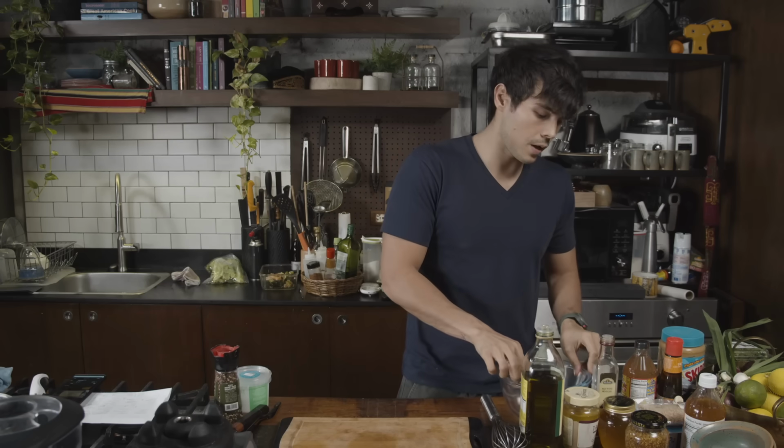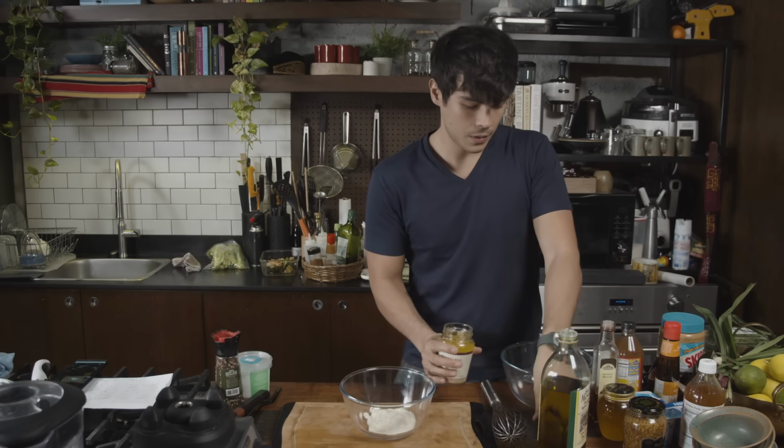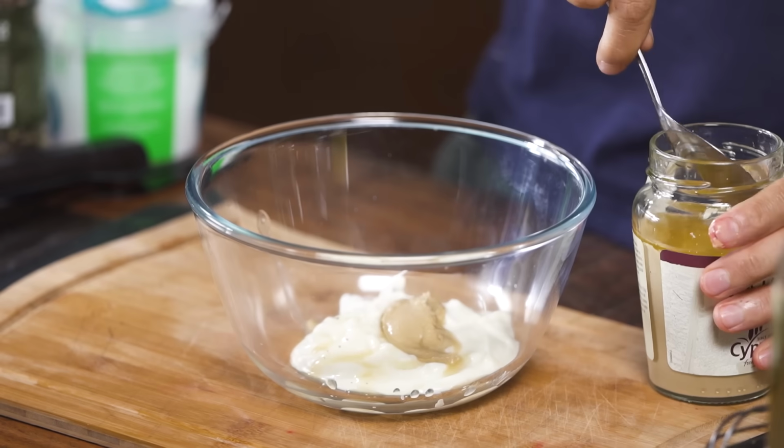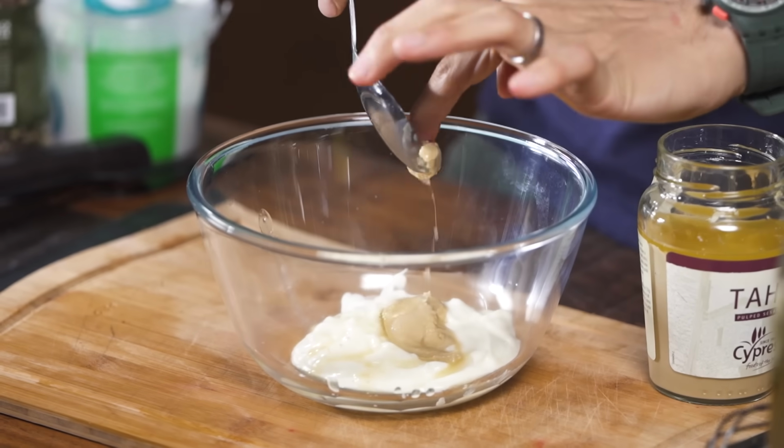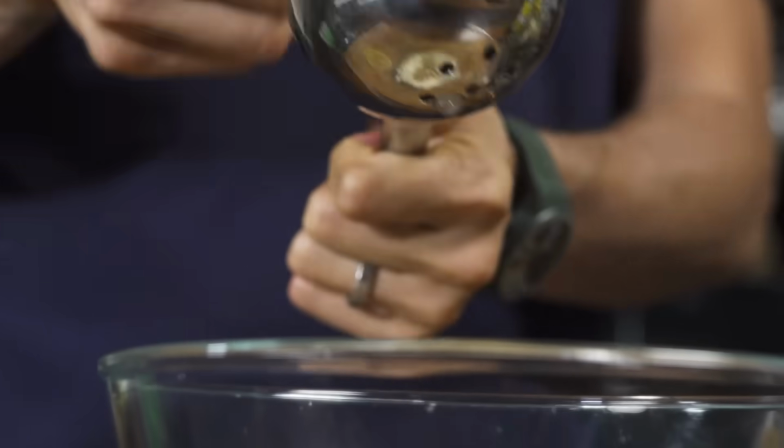I'm going to show you something now that's really good for things like cucumbers, tomatoes, and it's for people who like a slightly more creamy dressing. We're going to be using some Greek yogurt. I'm going to take some really good quality tahini. About 1 tablespoon of that, including some of its oil. I'm going to add the juice of 1/2 lemon, some pepper,